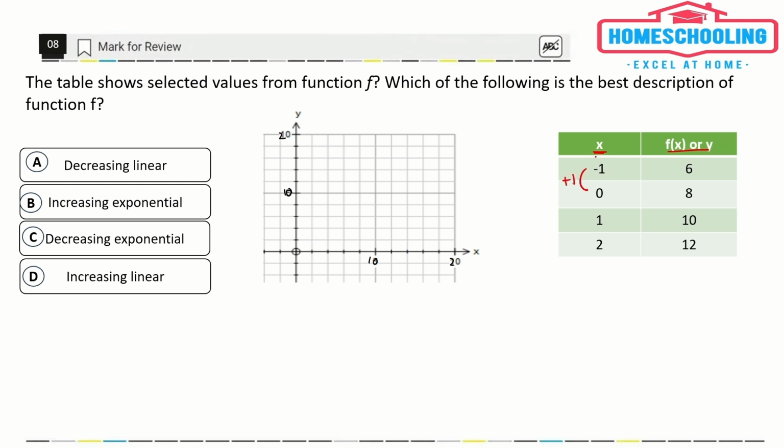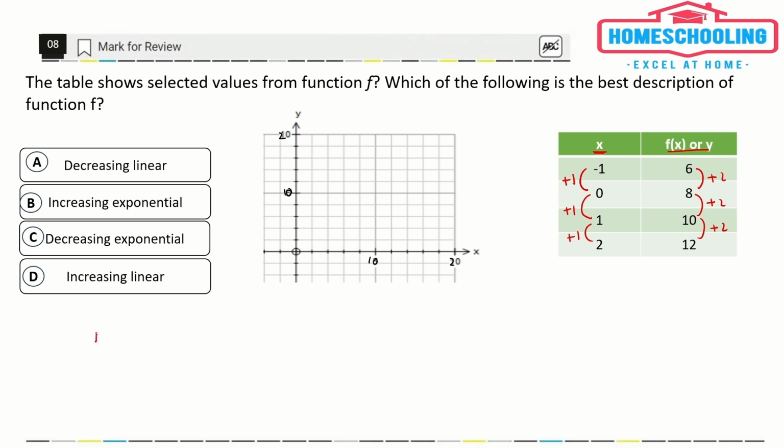Whenever we increase the value of x by 1, the y value, or f(x), increases from 6 to 8, that is +2. Similarly, when we increase the value from 0 to 1, an increase of 1 unit in x, the value of f(x) increases by 2. Similarly, when x is increased from 1 to 2, the f(x) value is increased by 2. So always remember,